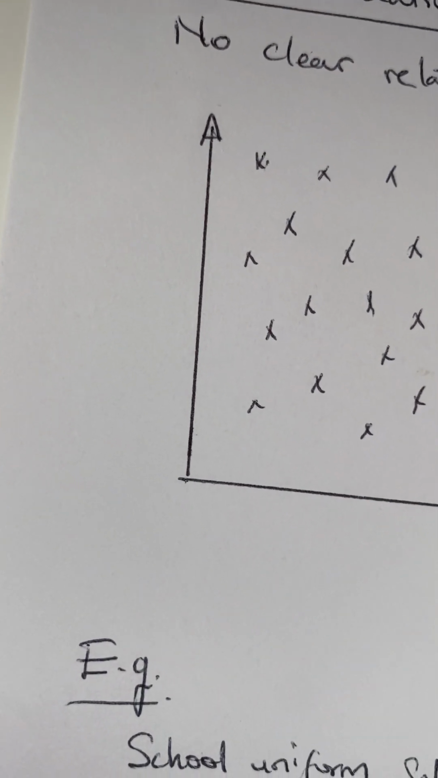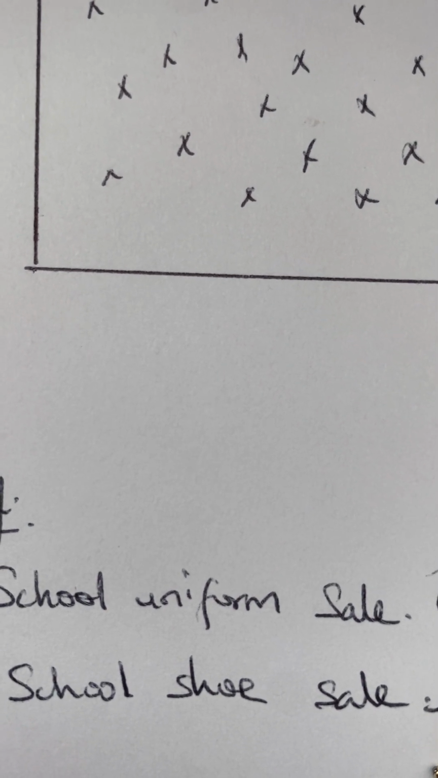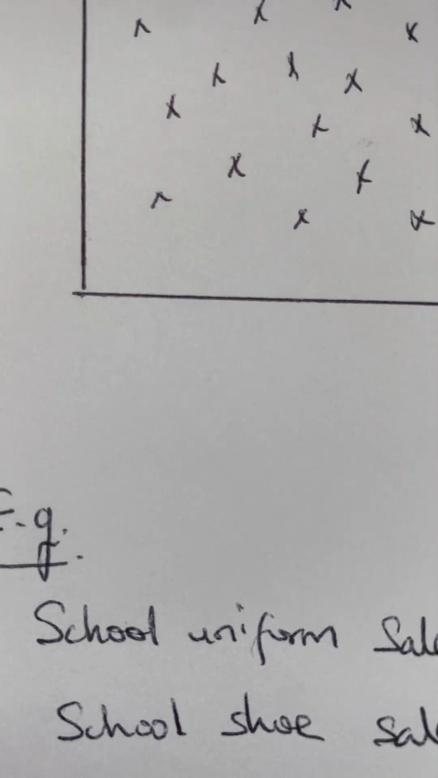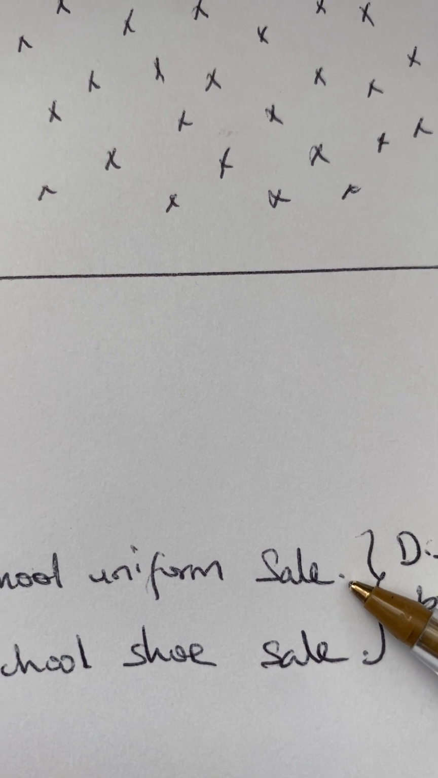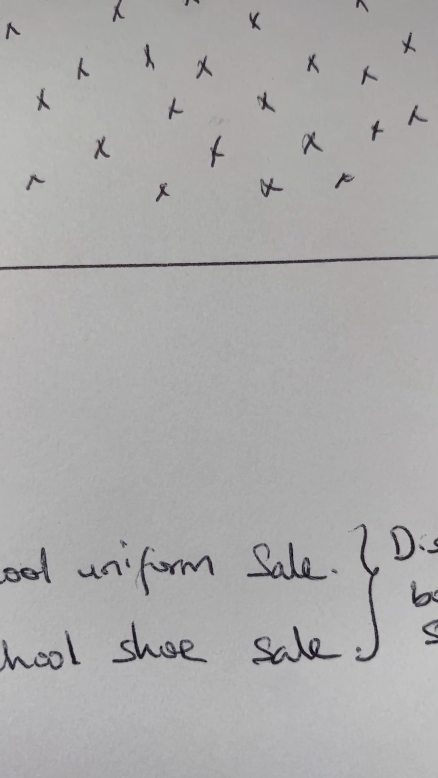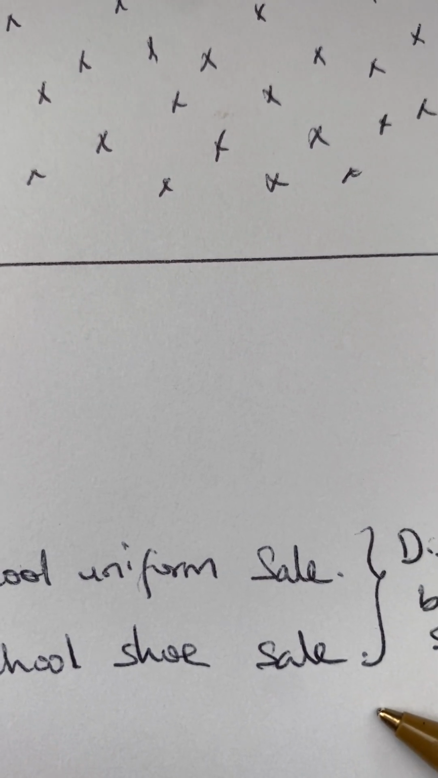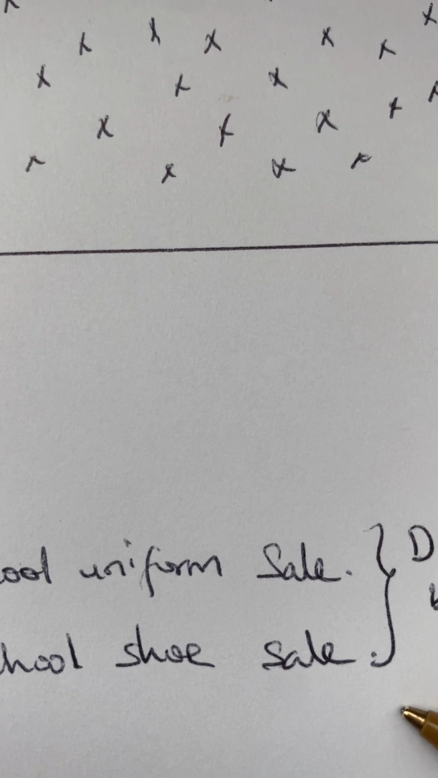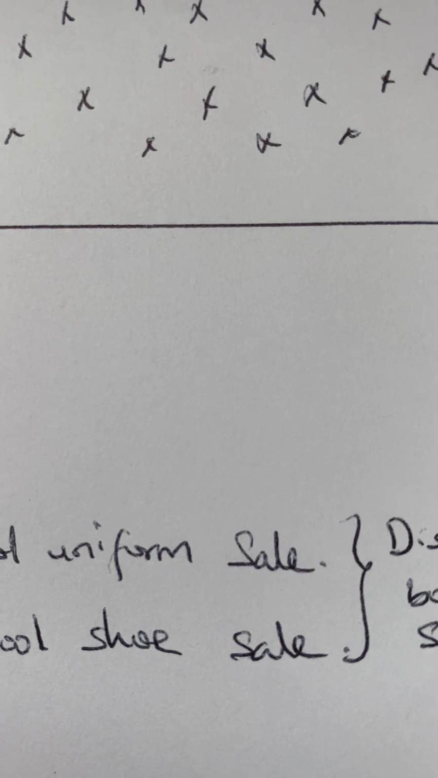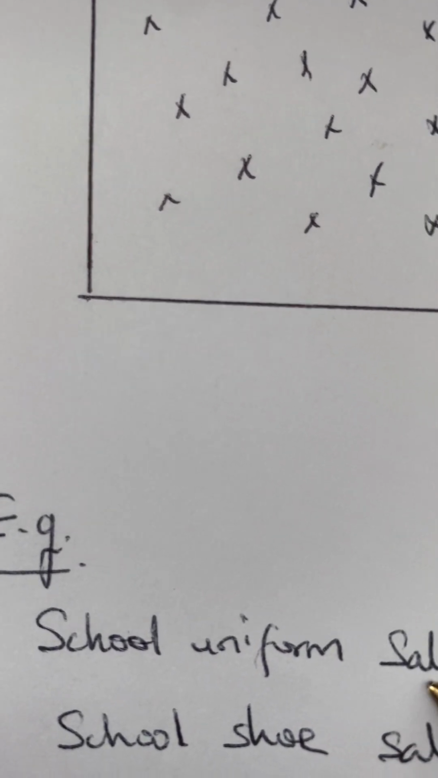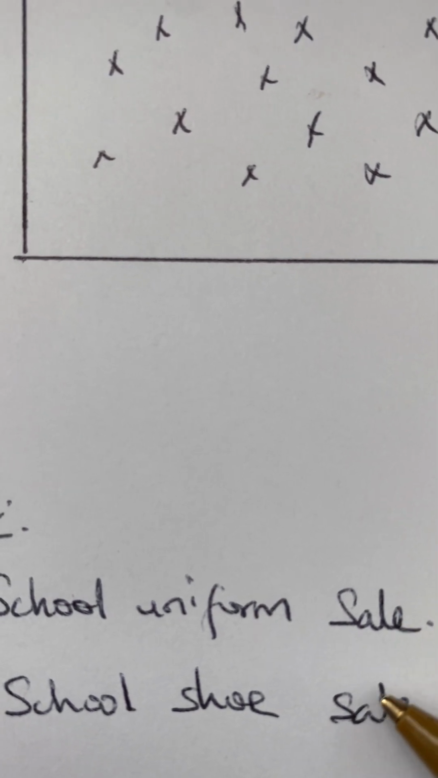Now school uniform sales and school shoes sales. Okay, if we look at it, in summer there'll be a high uniform sale because September is coming and children are going to go back to school, and there'll be shoe sales. Okay, but in winter, so in summer it might have a positive correlation if we want to compare two sets of data,